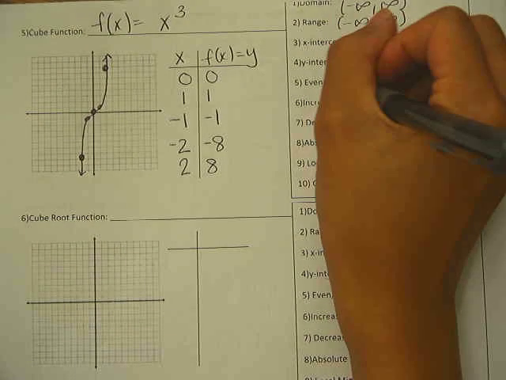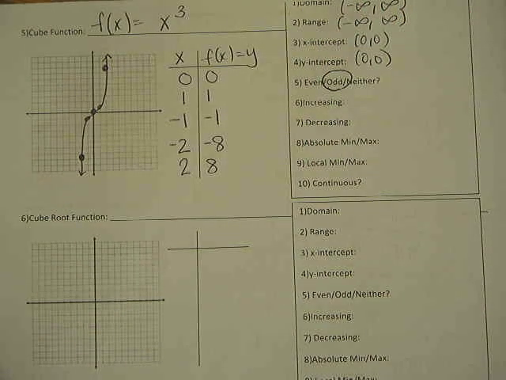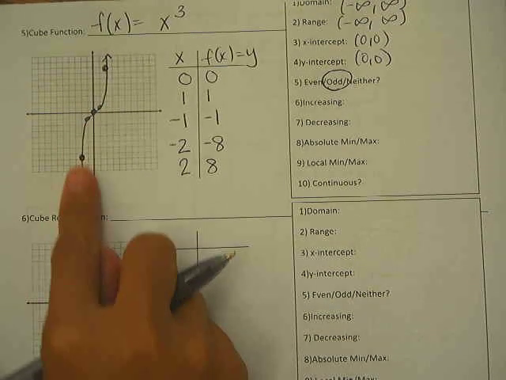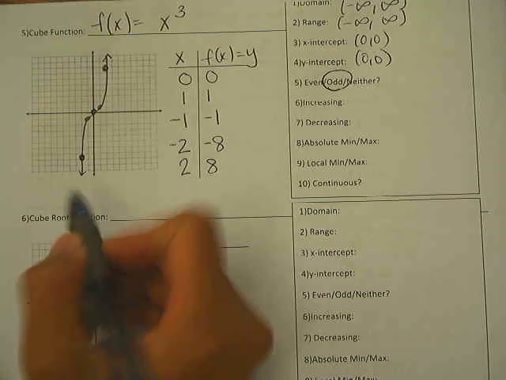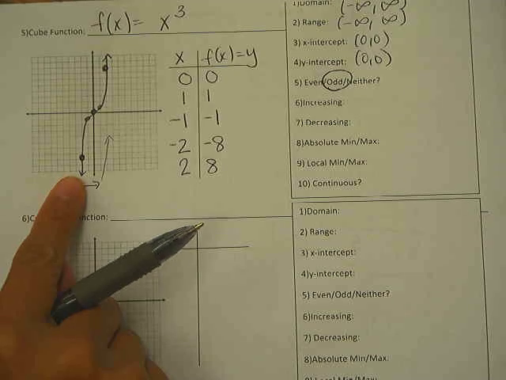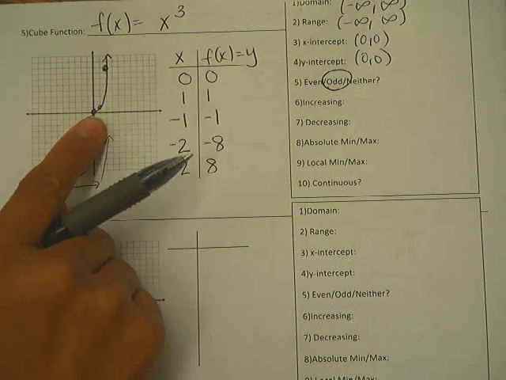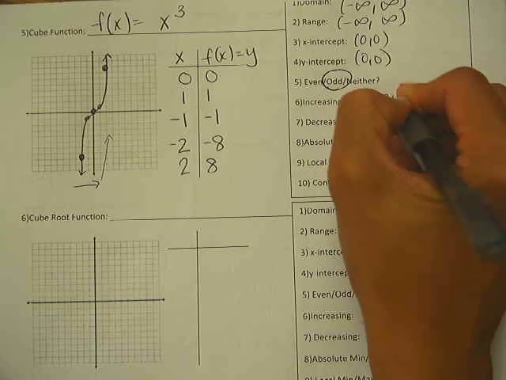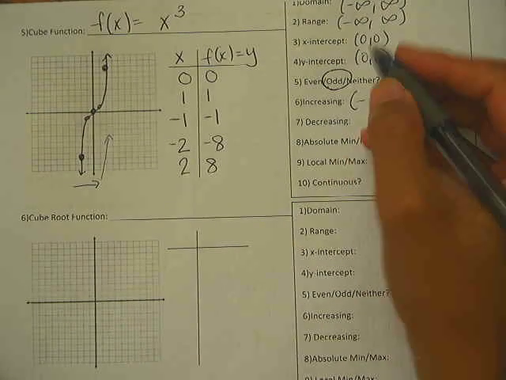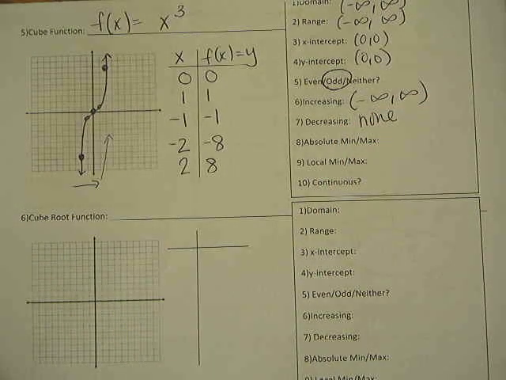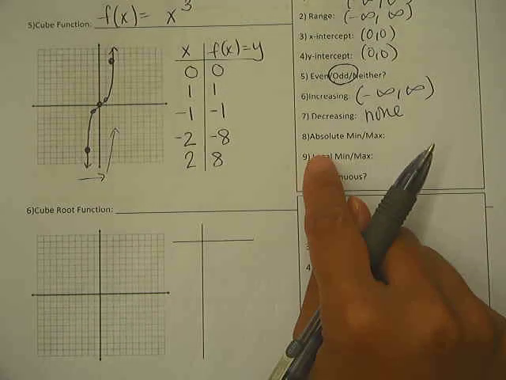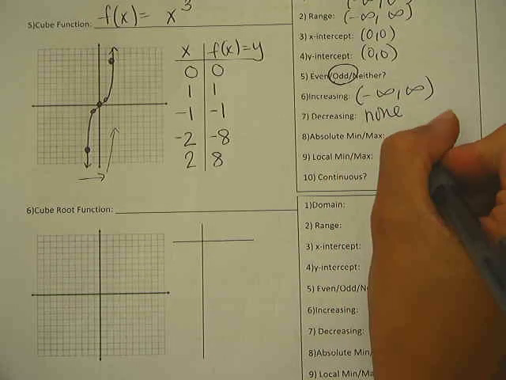This is an odd function. All right. Increasing. This looks like it's going down, but it's actually increasing because as I'm going right, notice how y is increasing. So this is increasing from here all the way to here, and then from here all the way to here. So technically it's increasing the entire way, from negative infinity all the way to positive infinity. Decreasing, never, right? If it's increasing the entire way, there's no room for decreasing. Absolute min, local max. Because it's increasing the entire way, there's no such thing of local min and local max